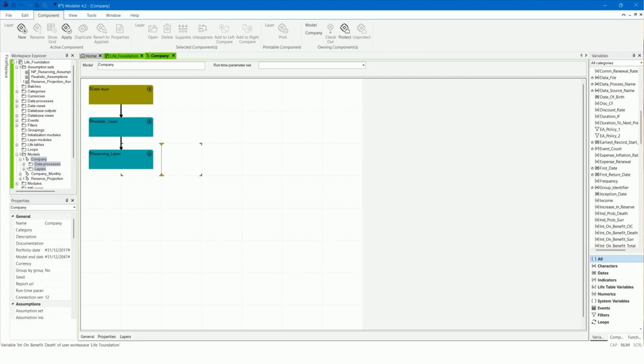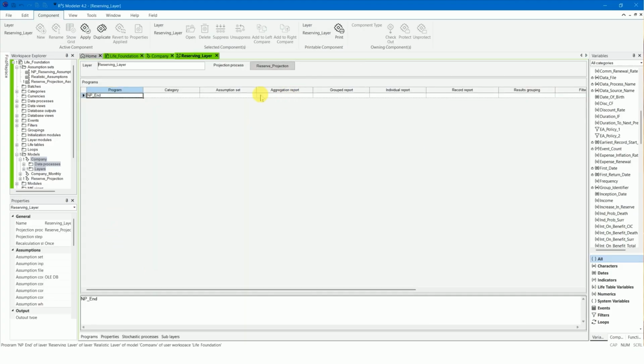Your new two-layer company model will now look like this. Adjust the layer properties so the reserving layer uses the assumption set, Reserve Projection Assumptions, and the aggregation report, Revenue Account Report.